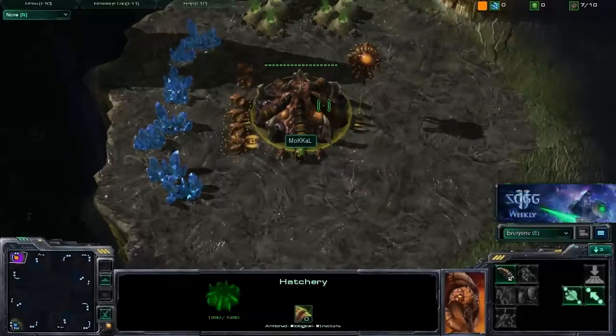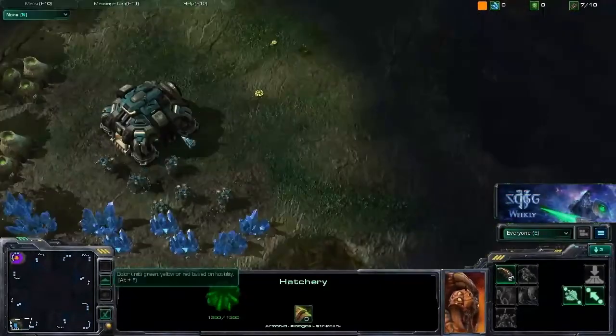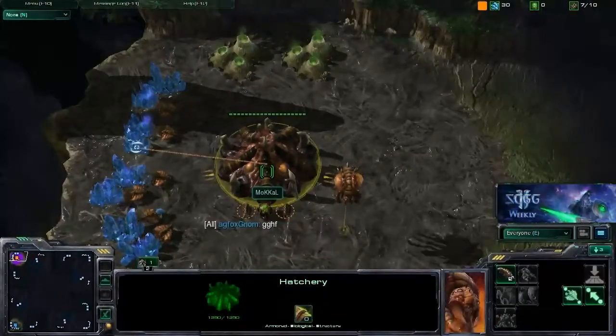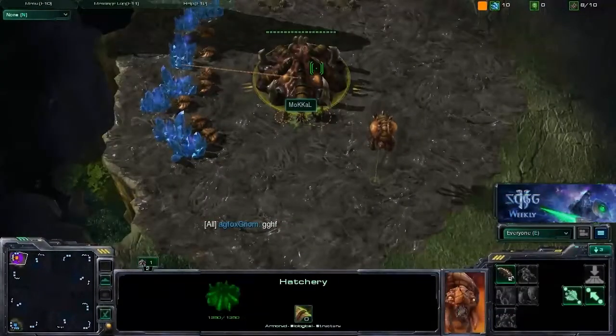I'm commentating another game from the SC2GG European Weekly number 7. This time it's a round of 8 game, and we've got MoKKaL again against MoKKaL. So we've got MoKKaL as the Teal Terran in the bottom left, and MoKKaL as the orange Zerg